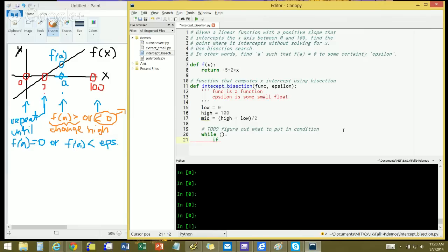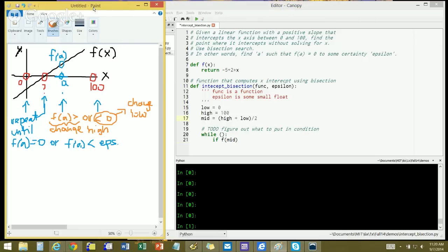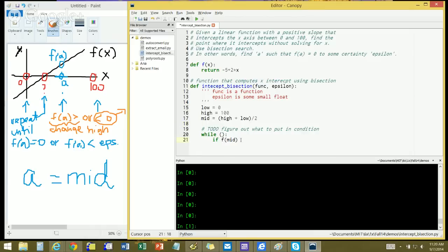So I want to say something like if f of mid, in this case my mid is my a, and I can even make a note to myself here that says a equals mid, just for the future. So I can say if f of mid is greater than 0,